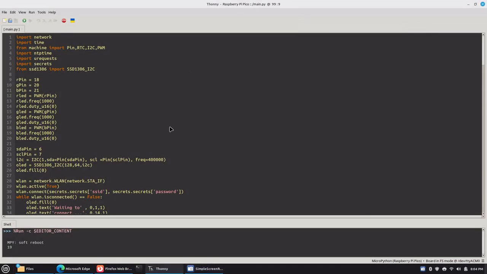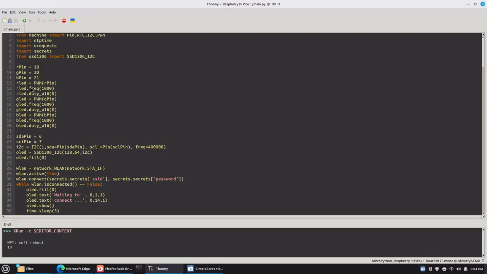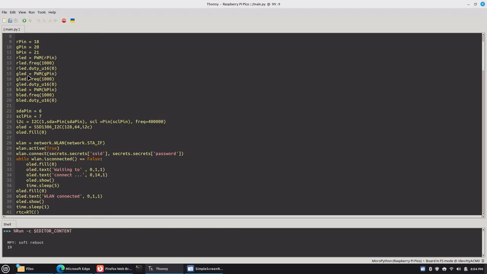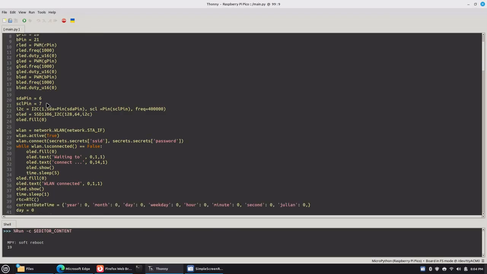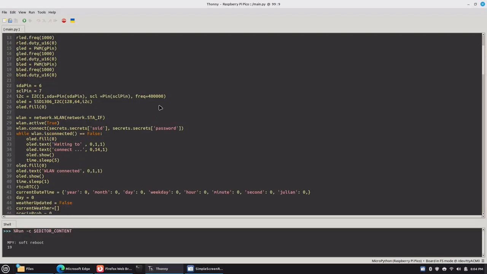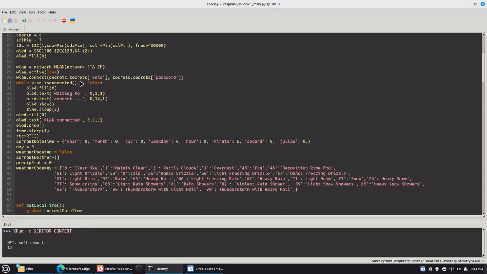So this is the code for Lesson 31's assignment, the portable weather station. You can see I import network, time, Pin, RTC, I2C, and PWM, and ntptime, urequests, secrets, and then the OLED module. Set up the RGB pins. I'm going to use yellow and orange for different colors, so I've set them up as PWM pins. Set up the OLED. Connect to the internet,